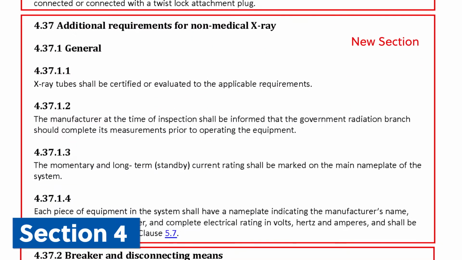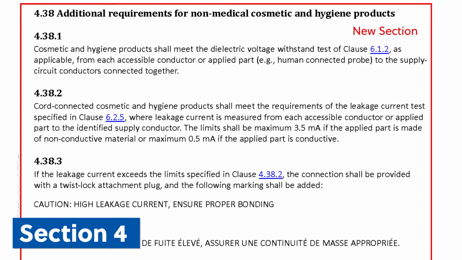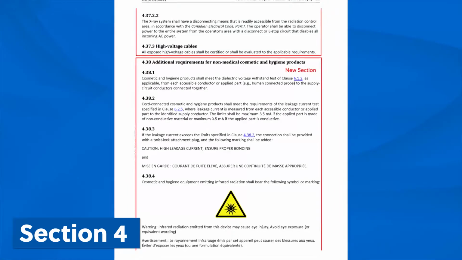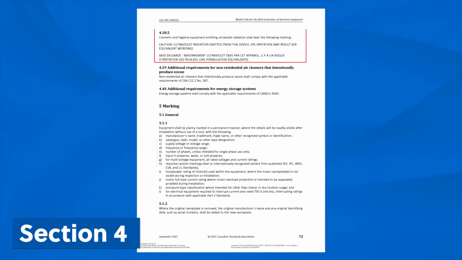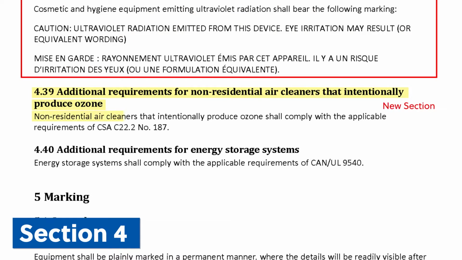There's another section here, additional requirements for non-medical X-ray. And it does not refer to another standard, but here are the requirements for dealing with non-medical X-ray equipment. There's another section here regarding non-medical cosmetic and hygiene products. And again, it's not making reference to another CSA standard, so the requirements are listed. There's two more brief sections here,